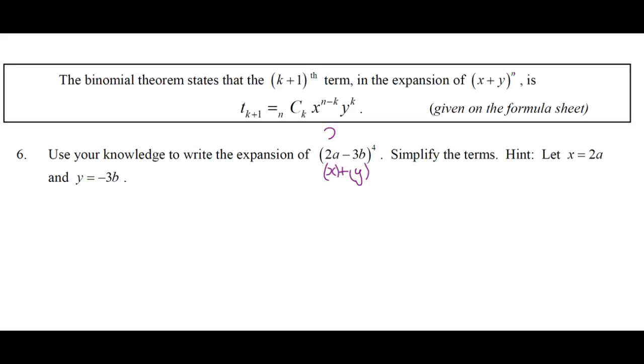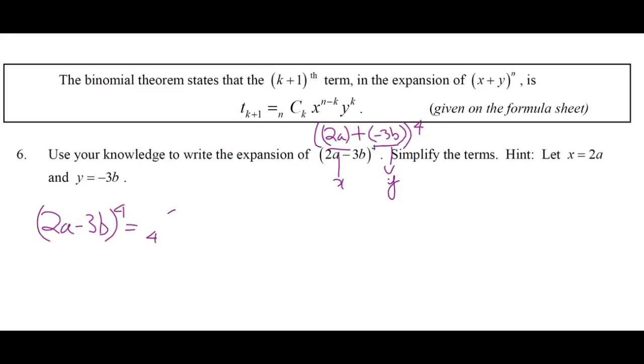So I kind of think of this as 2a plus negative 3b. So the x, throw that to the 4th. This is my x, and this is my y, because the y has to follow a plus sign. It's x plus y. That's the expansion. So x is now 2a. Everywhere I would have written an x, I write a 2a. Everywhere I would have written a y, I write a negative 3b. So 2a minus 3b to the 4th